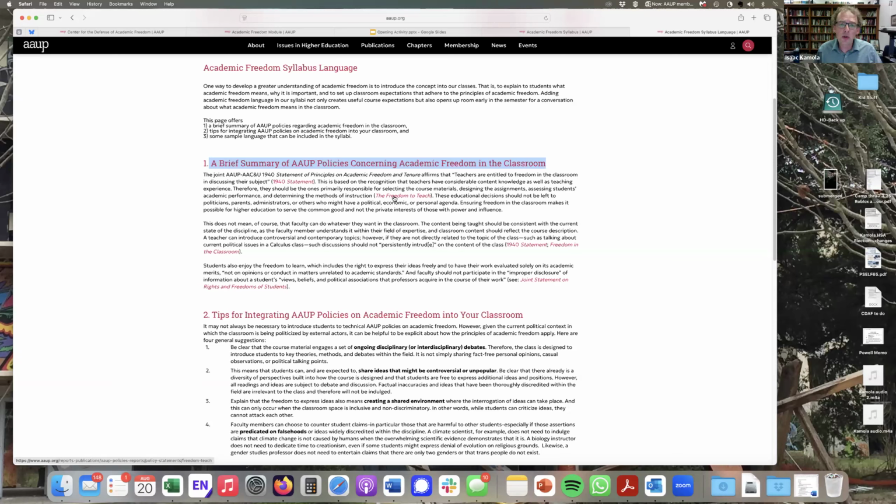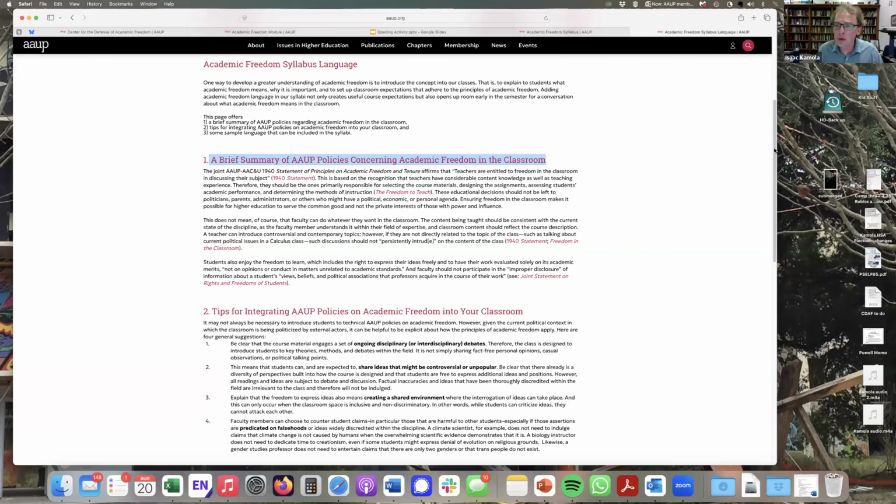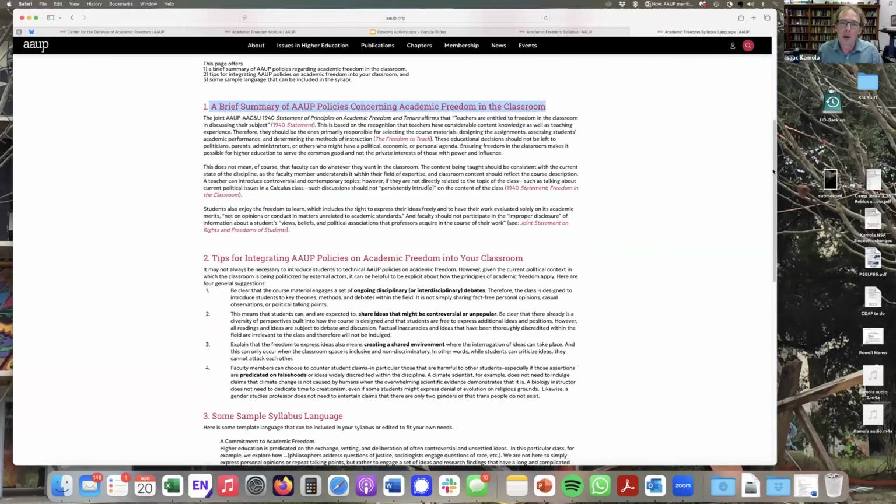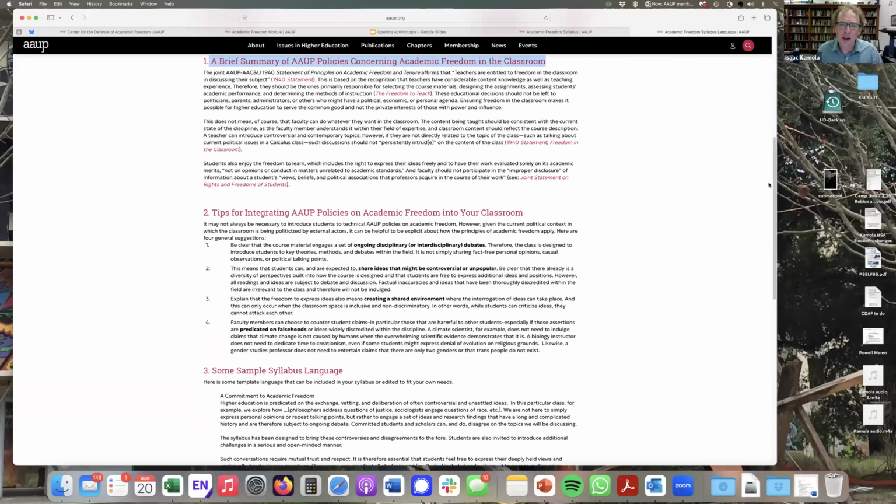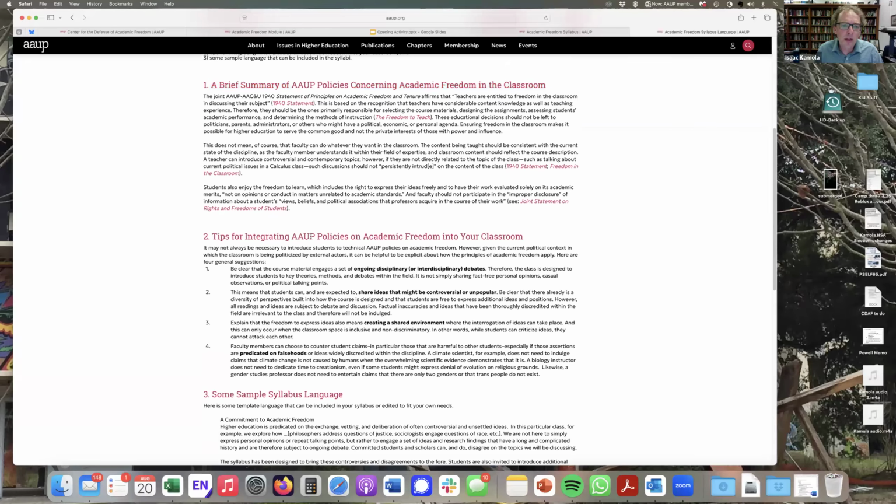And so we wanted to provide a very quick overview of some of those policies and some of the main AAUP definitional understandings of what academic freedom means in the context of teaching in a higher education classroom. So the first section goes over what the AAUP means by academic freedom in the classroom. We then